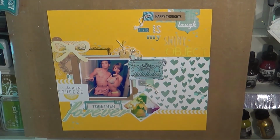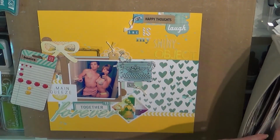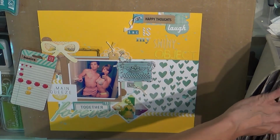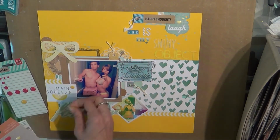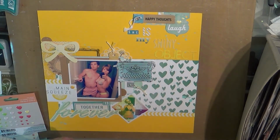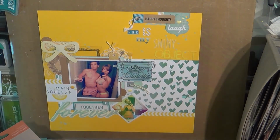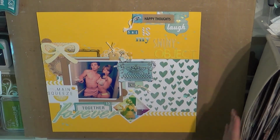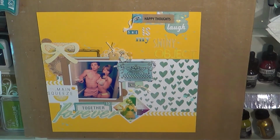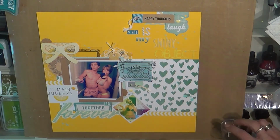Trying to remember, I don't think I used the roller date stamp. No, I couldn't figure out where to place it. Here I'm going through my enamel dots. I end up using some hearts because you know I'm a heart addict. And at the end you'll see that I added, I'm almost at the end here where it cuts off, but I added some gold sequins that look kind of yellow against the paper,